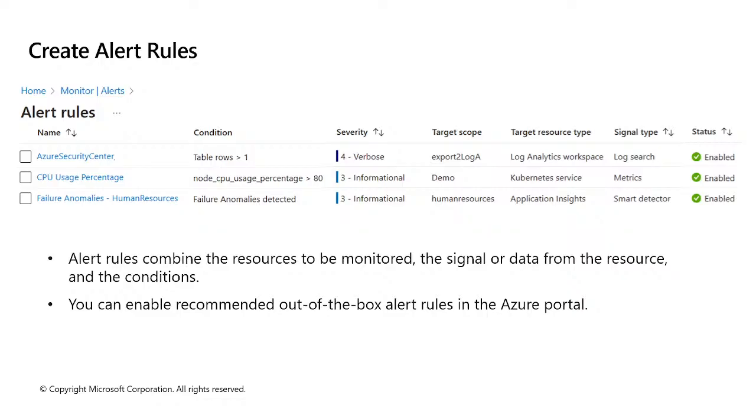So failure anomalies, this is what we call smart detection. Before anything happens, I want to get an alert. If it's severity 1 or 2, instantly maybe you want to get an alert. For informational, you just get an alert because you feel, okay, this is CPU usage at 80%. Yes, I want to go in there and do whatever, maybe manually, or you want to even set auto scaling to create an additional virtual machine to cater for the incoming